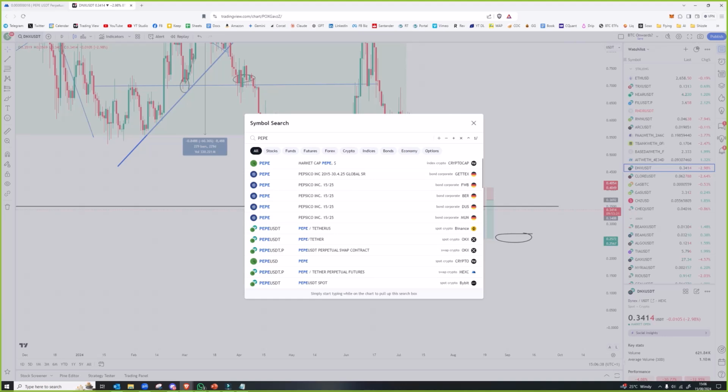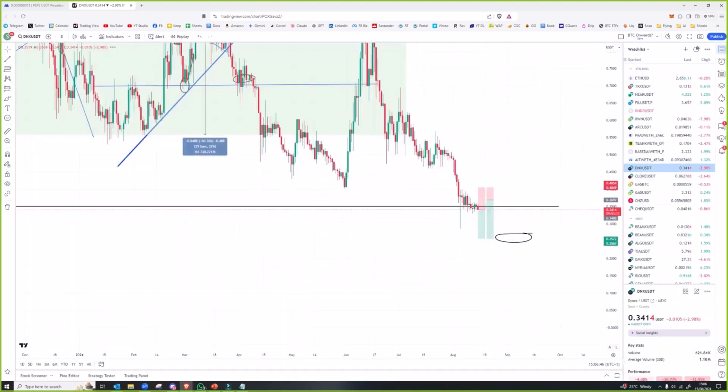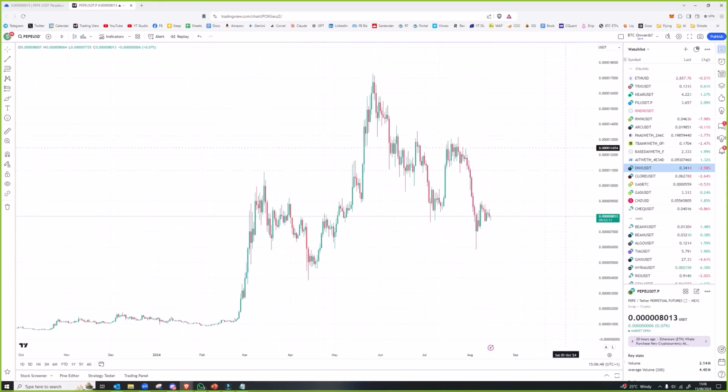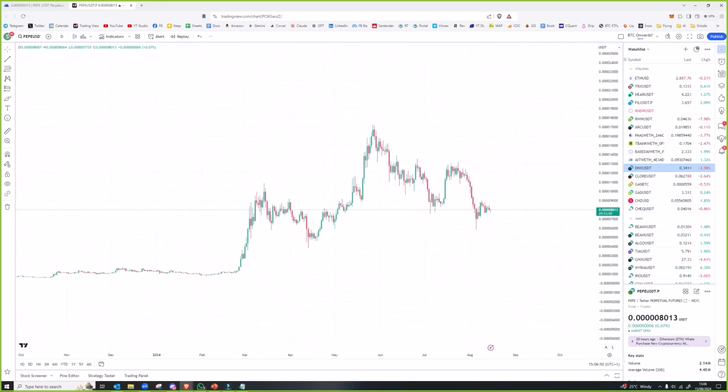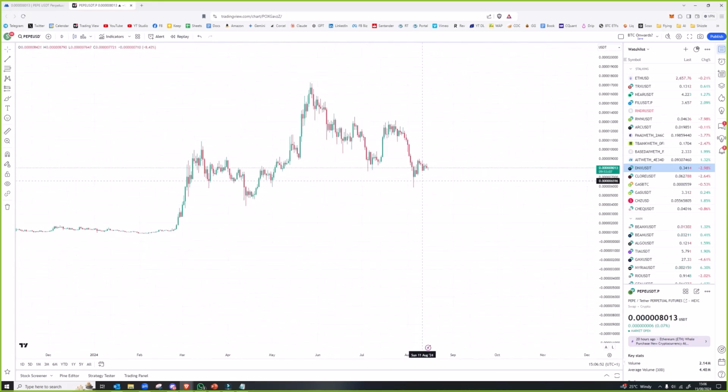Let's look at it on USDT MEXC. Let's try and find MEXC. Here we go. Futures. Boom. So this is Pepe USDT MEXC futures. Again, it looks like everything else. We've got a bit of a compression here. It's a falling market. Let's just say